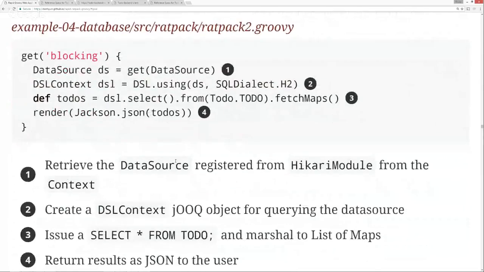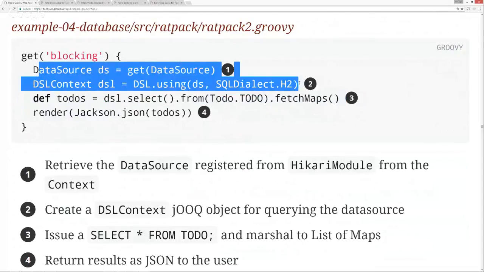Okay, so here's the first bit of meat in regards to implementing the to-do backend. So here's an example of using jOOQ. The details of the jOOQ part are not important. It's just the fact that we're issuing a blocking call. Way earlier in the presentation, I had mentioned that Ratpack is an asynchronous and non-blocking framework. Now, I have another presentation that dives into a high-level view of how asynchronous behavior works